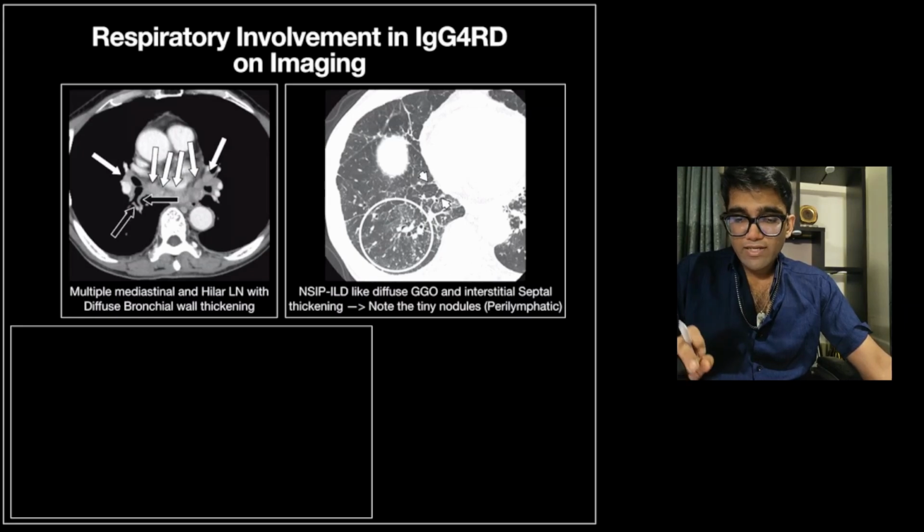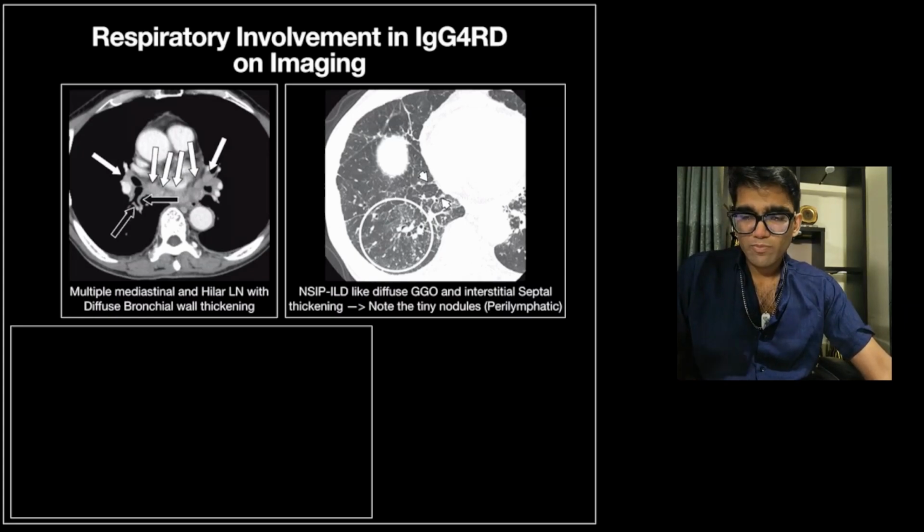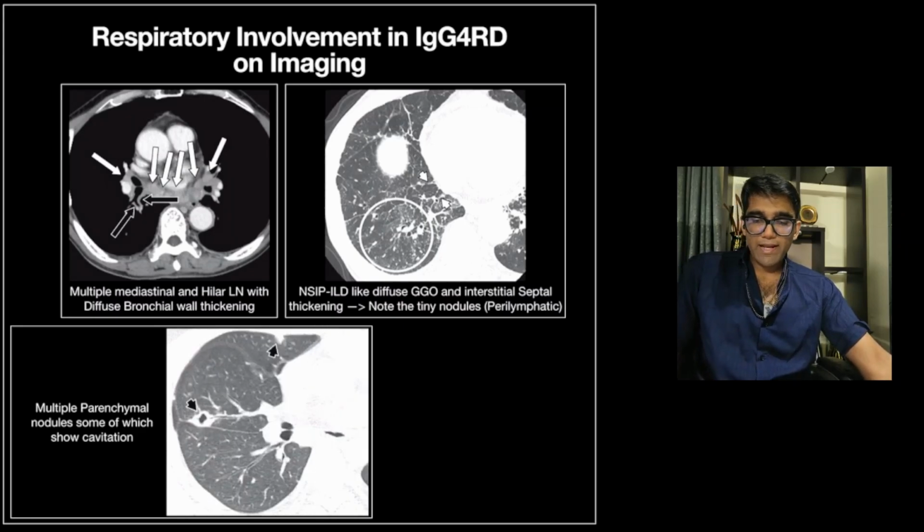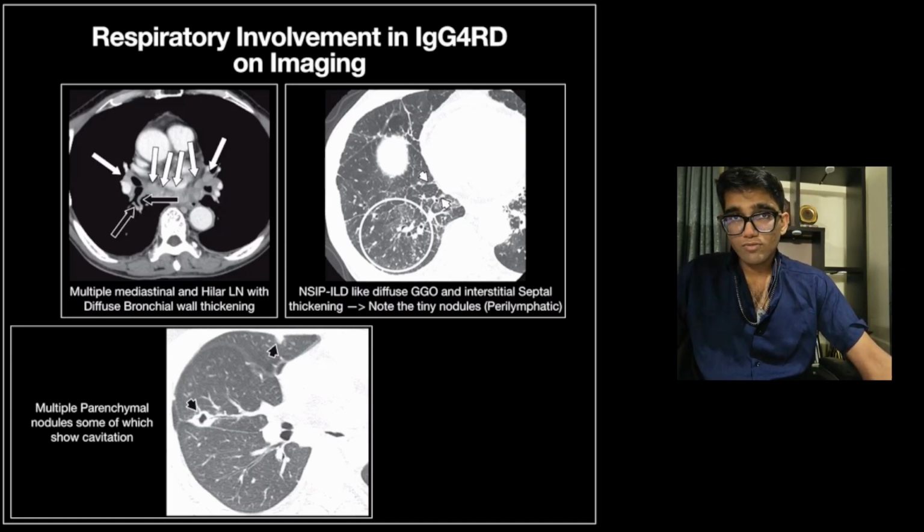They show pulmonary artery studding, although there would be an argument here that this is a peribronchovascular pattern rather than a definite perilymphatic pattern. But yeah, you can see both sides having some merit to them. There may be multiple parenchymal nodules which then show secondary cavitation. So again, this would prompt you to think infection, think malignancy, but also in the specific clinical scenario, IgG4 related